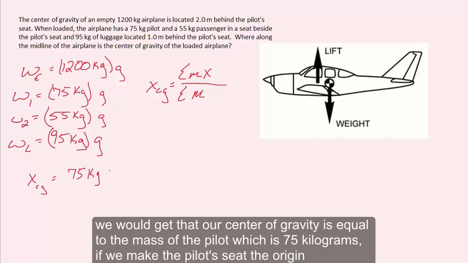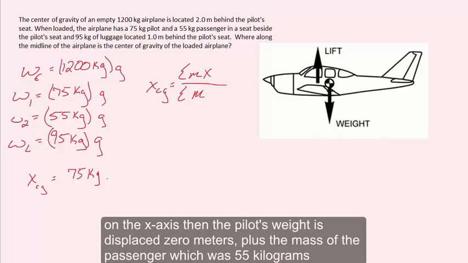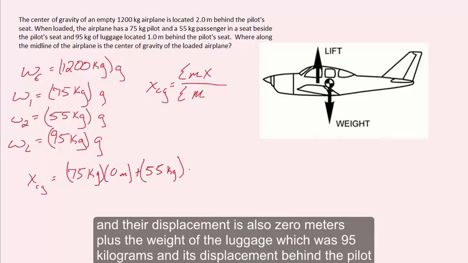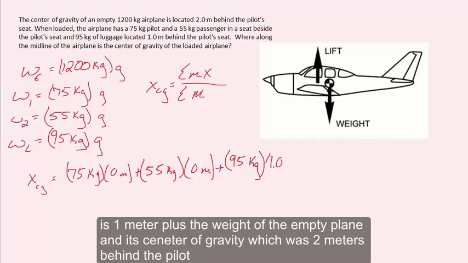If we make the pilot's seat the origin on the x-axis, then the pilot's displacement is 0 meters, plus the mass of the passenger, which was 55 kilograms, and their displacement is also 0 meters, plus the weight of the luggage, which was 95 kilograms, and its displacement behind the pilot is 1 meter,